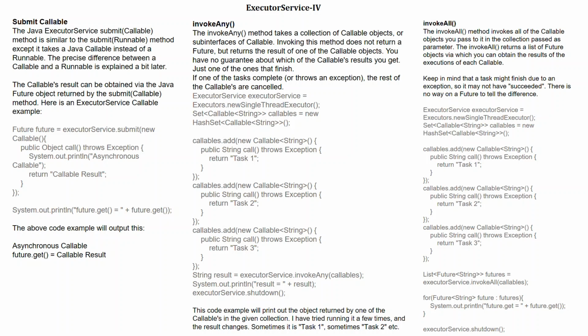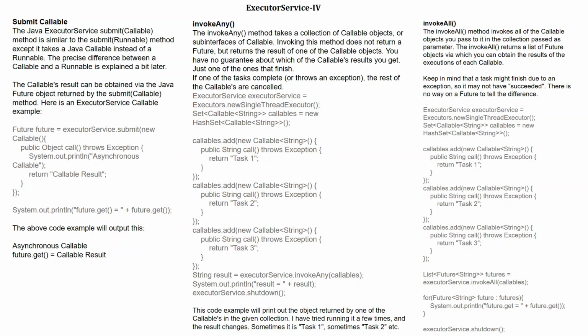invokeAny(): the invokeAny() method takes a collection of Callable objects, or subinterfaces of Callable. Invoking this method does not return a Future, but returns the result of one of the Callable objects. You have no guarantee about which of the Callables' results you get, just one of the ones that finish.